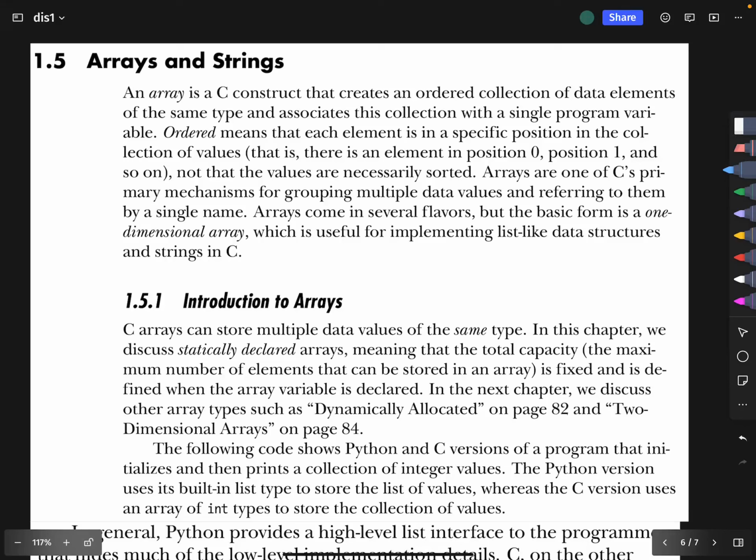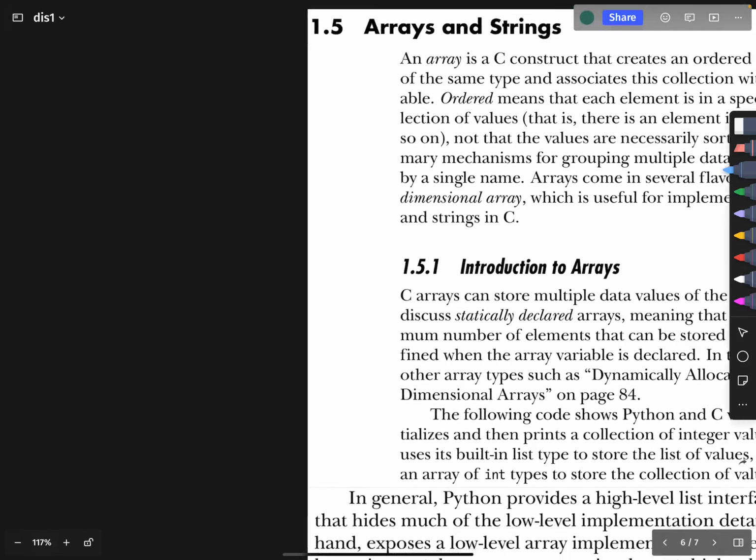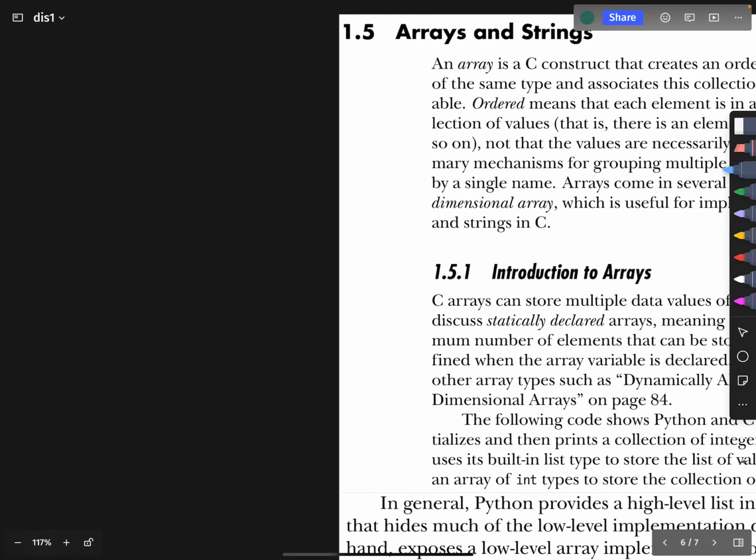So moving on to section 1.5 of the textbook, Dive into Systems, all about systems programming. Here we're going to learn about arrays and strings. If you're coming from a Python background, the nearest thing to a C array would be a Python list. They are significantly different. So to get started with the differences, let's just look at how you declare a C